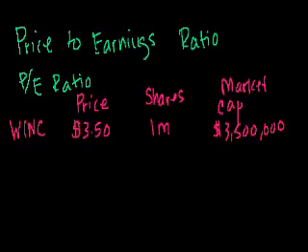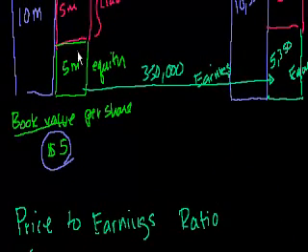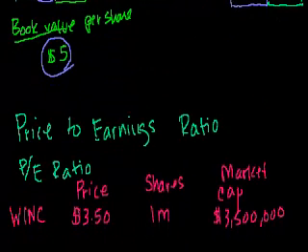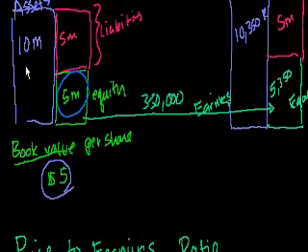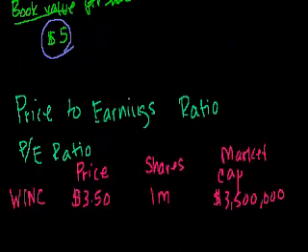So this is interesting. In our case, the book value of the equity was $5 million. But the market is saying, no, I don't necessarily believe those accountants. Maybe they're throwing some stuff in here that's not really there. So we say it's only worth $3.5 million. In this case, the company is trading at a discount to its book value. I won't go into detail on that now, but that's actually a fairly unusual circumstance